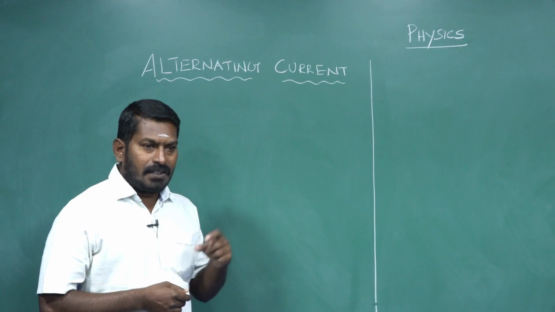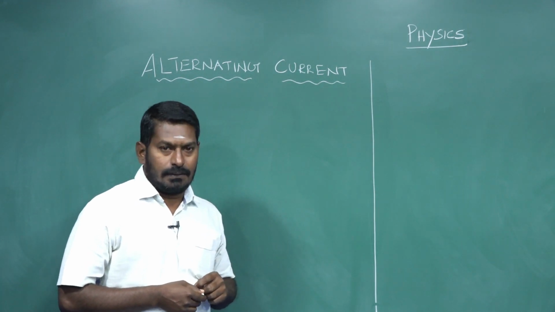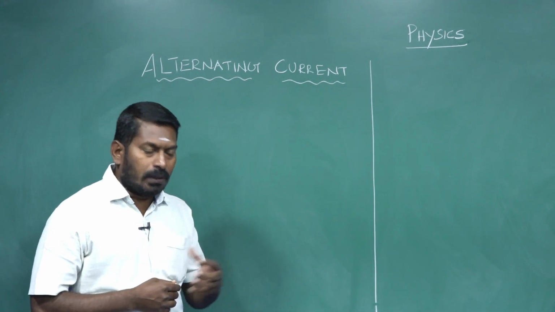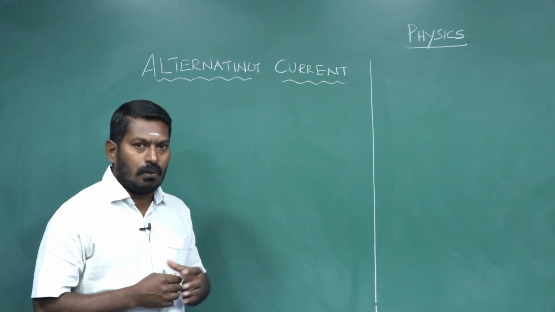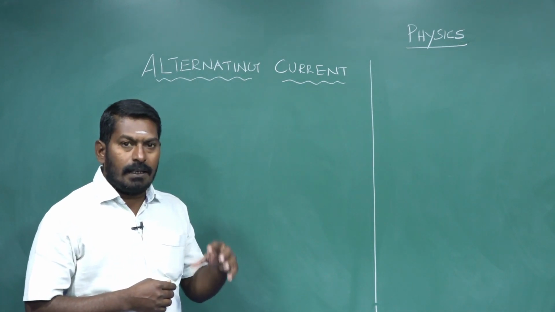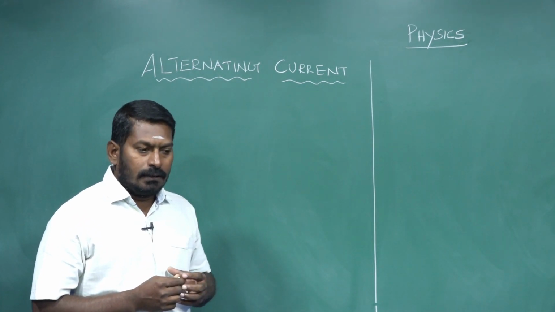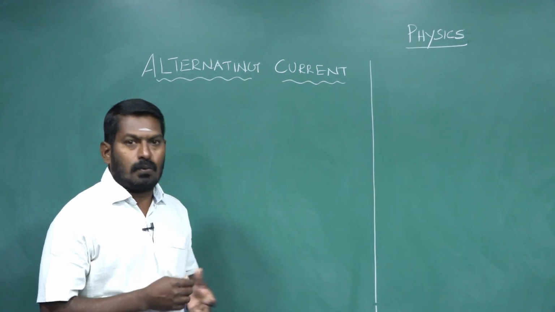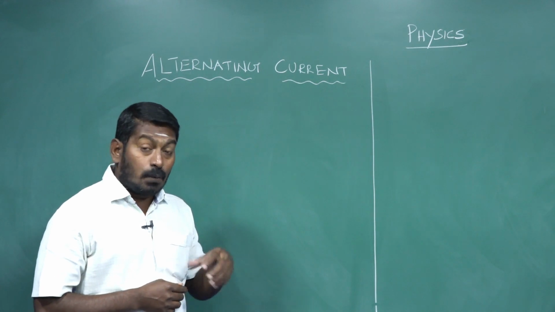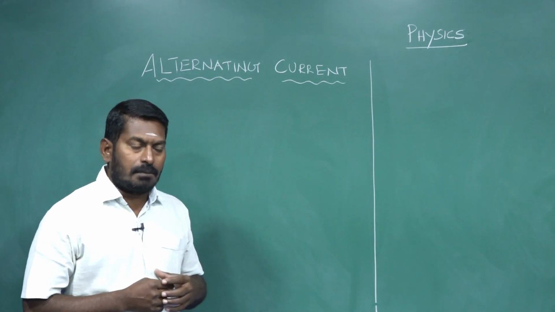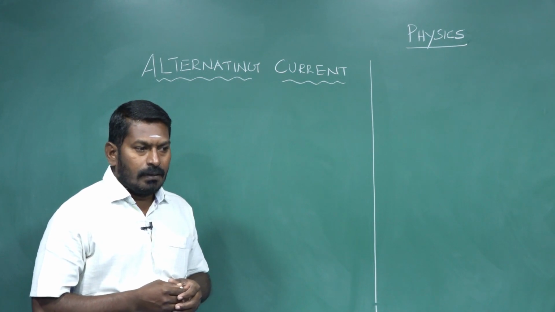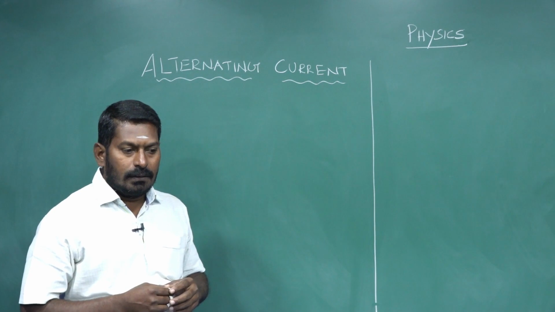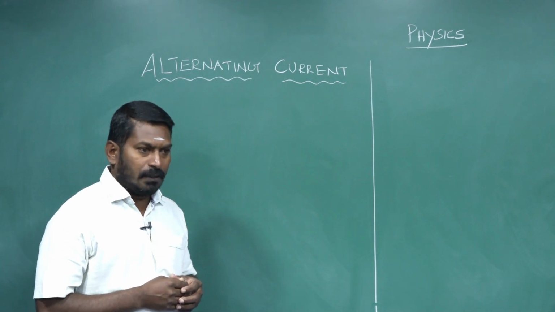One is by changing the magnetic induction; we can produce induced EMF in a closed circuit. Another method is changing the area enclosed by the coil; it is possible to produce induced EMF in the closed circuit. Another important method is changing the orientation of the coil with respect to the magnetic field; it is possible to produce induced EMF.